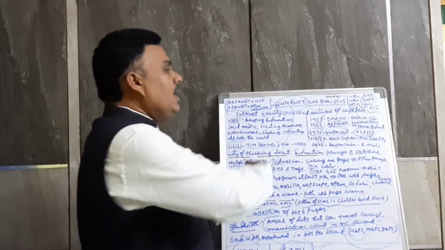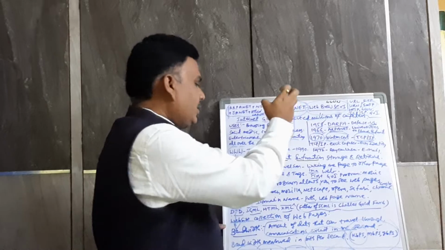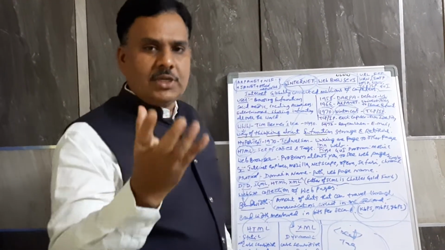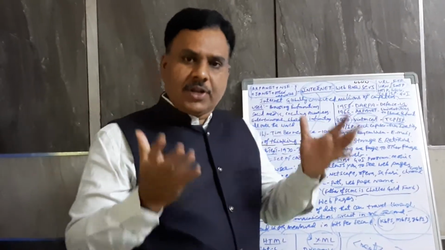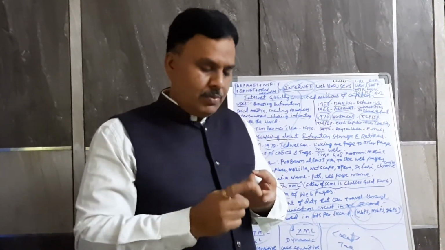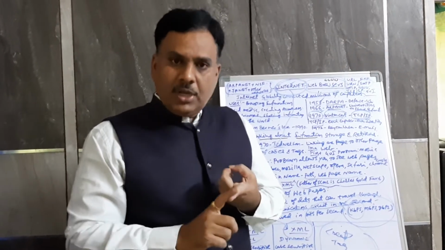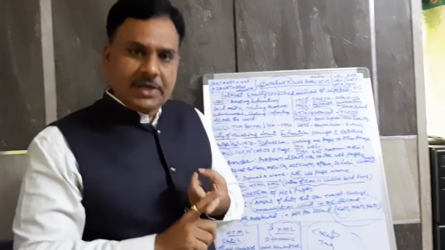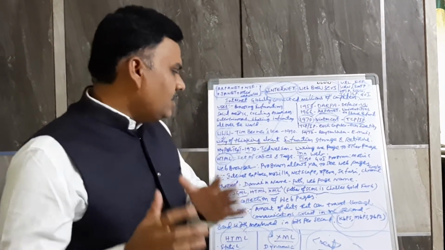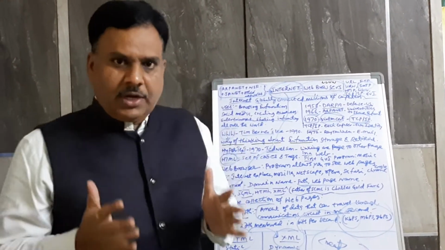These are the abbreviations related to the internet. Web browsers are very important. A browser is a software. There are different types of web browsers available to connect to the internet. Mainly used presently are Mozilla Firefox, Google Chrome, Internet Explorer, Safari, Netscape Navigator. Like this, many web browsers are available.